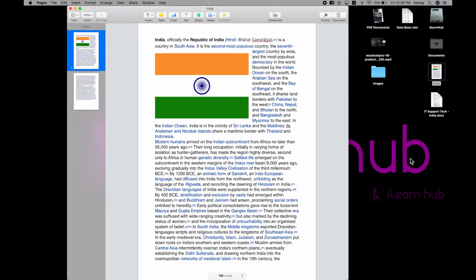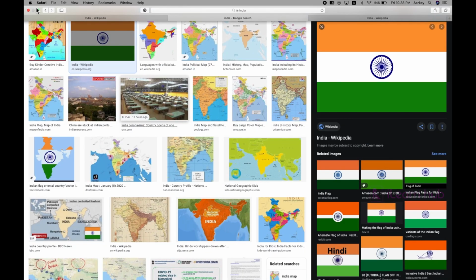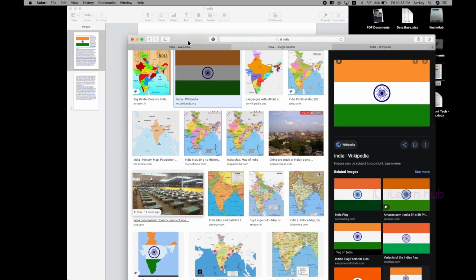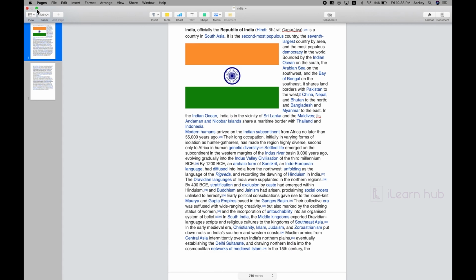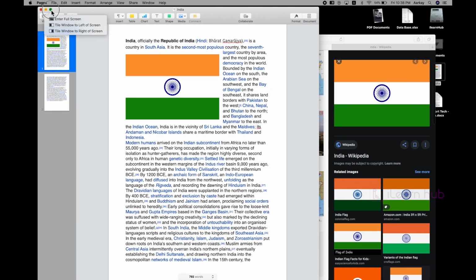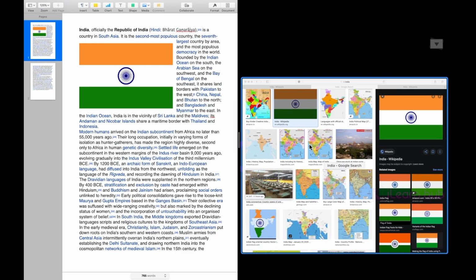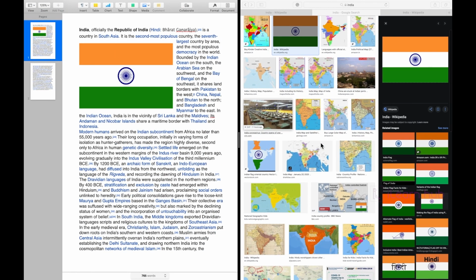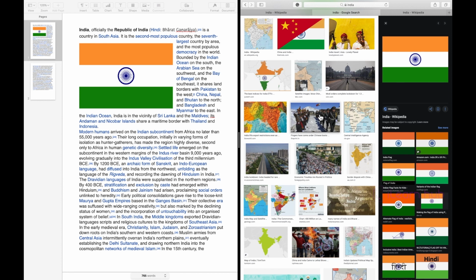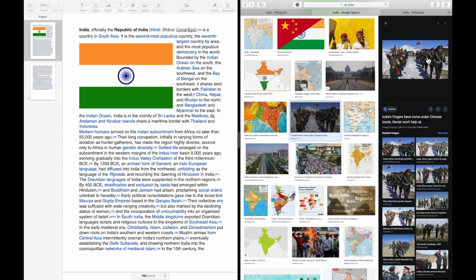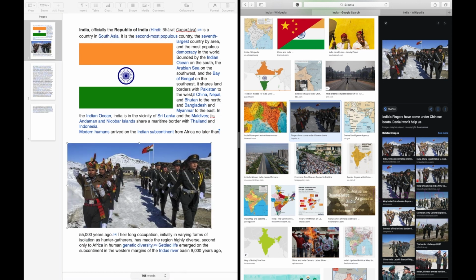Okay, let me go to Safari first and let me bring it out from the full screen. So now select Pages and keep it on the, okay, so you need to hold and wait so that you will see these options, and then select the Safari. So right now if you see, two different applications are actually sharing half of the screen each in full screen mode. So now if I want to bring this image, for example, just select and then on the right hand side you will see the thumbnail, drag and drop the image directly to your Pages document.